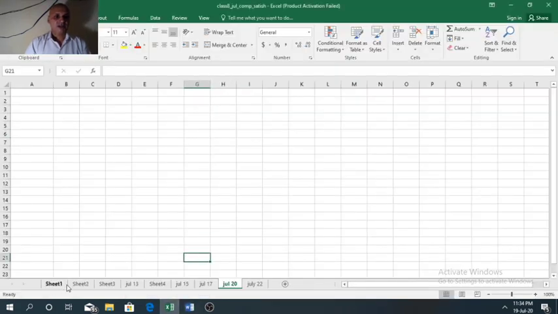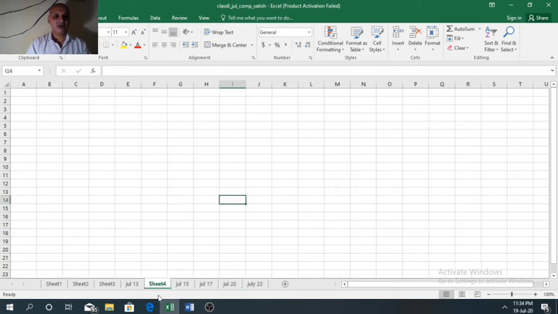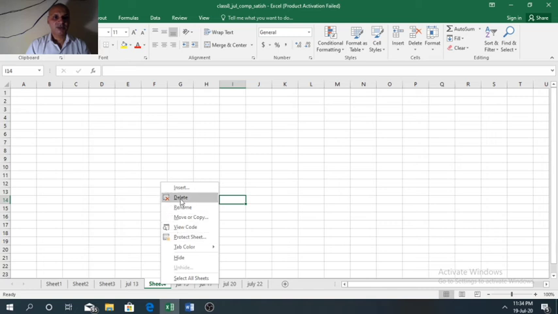We had inserted sheet 1, sheet 2, sheet 3 and sheet 4. So I am going to delete sheet 4. First select sheet 4 to make it active. Now right click it. A shortcut menu will appear. Here we need to select the delete option.